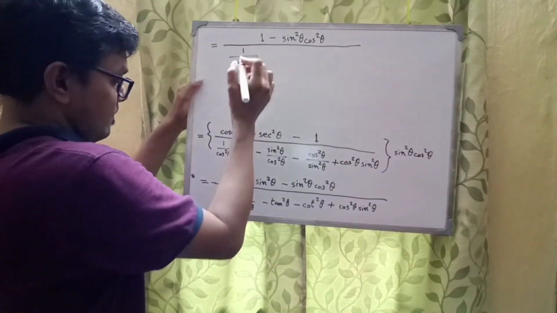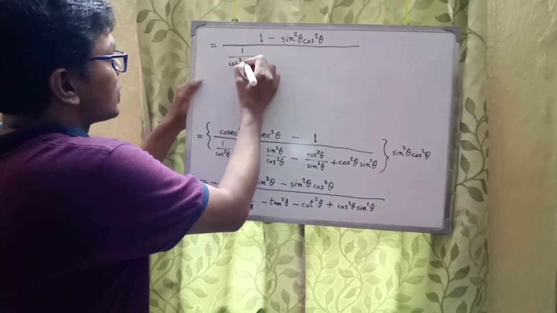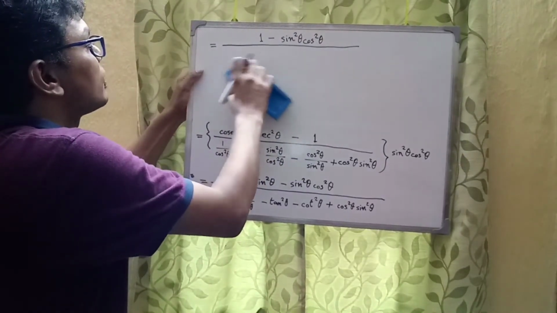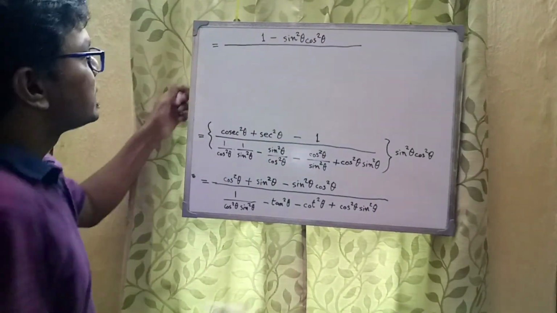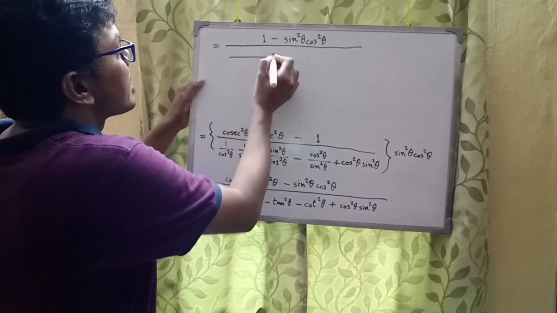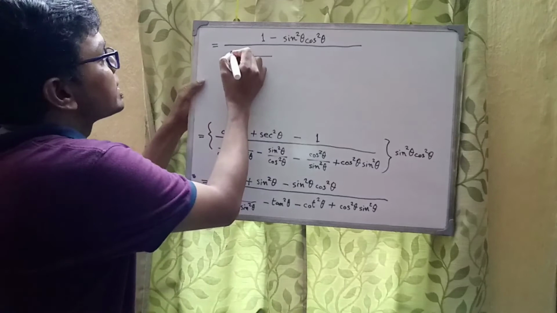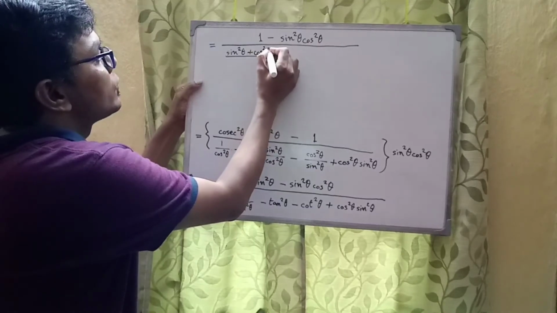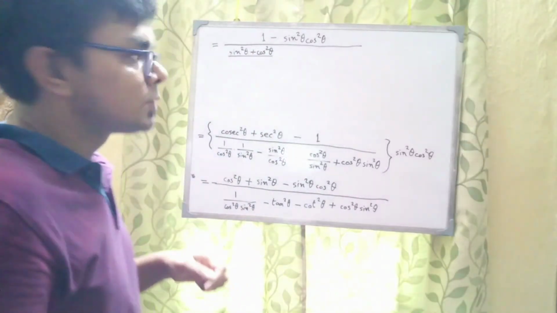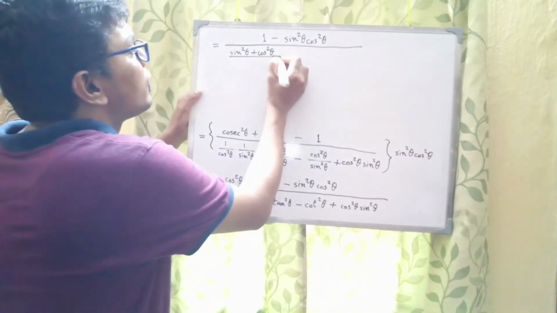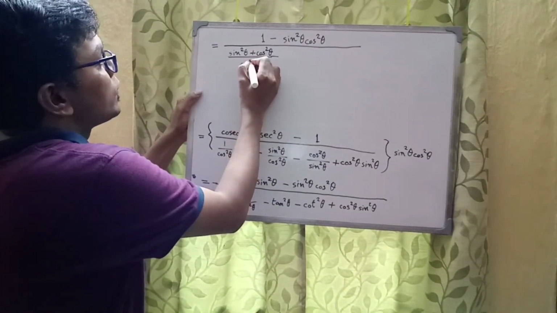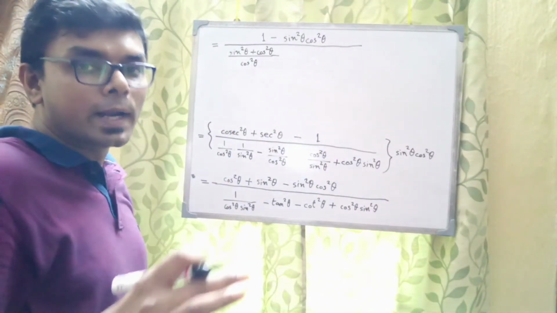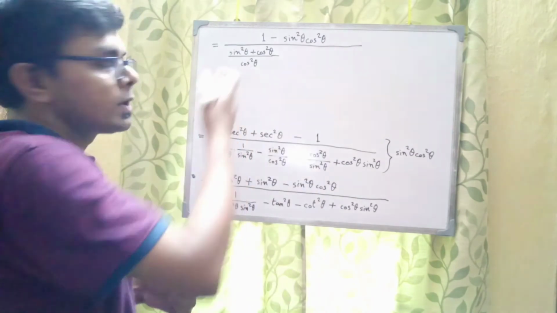1 by cos square theta. Let's do one thing over here. In place of 1 by cos square theta sin square theta, let's do a manipulation over here. In place of 1, let me write sin square theta plus cos square theta. This is a trick which you might be requiring in many sums. Okay, so please learn this kind of tricks. So this will be helpful over here. Now if you ask me how did I understand that I have to put this, I have developed it through a lot of practice and experience. So if you do a lot of practice, this kind of tricks will come to your mind.